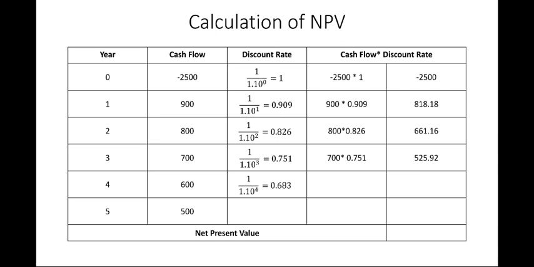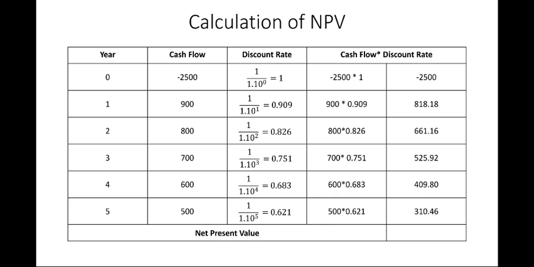So in the next year, 1 divided by 1.1 raised to the power 4, it comes out to be 0.683. Now multiply 600 by 0.683, we get 409.8. Similarly, for the fifth year, it comes out to be